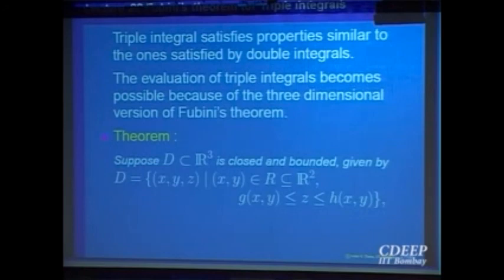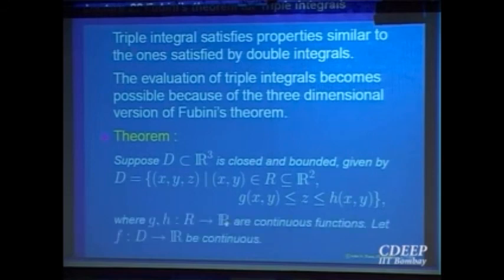And (x,y) lies in some region R in the plane. So you can think of your domain as such, you can project it onto the xy plane. Your domain is projectable onto the xy plane. The projection is the region R. And for every point in R, to go to that point in the domain, what do you do? You go that much height, z, right? To be inside the domain. And what is the height? That height is between g(x,y) to h(x,y). It varies from a surface below to a surface above. So this is that one special type of domain.